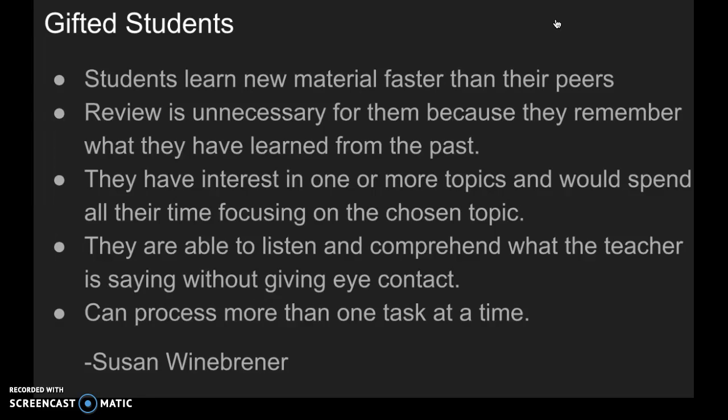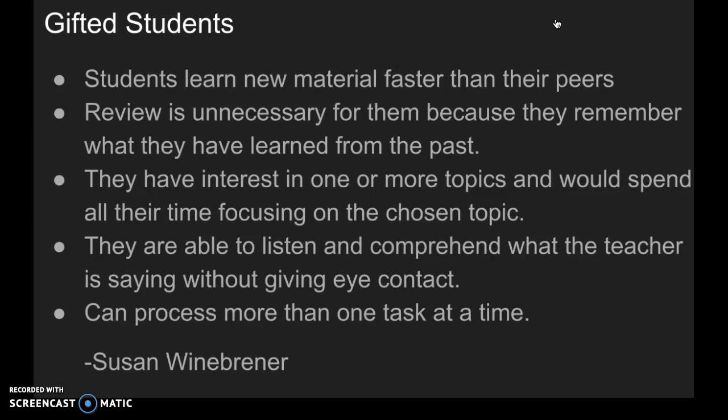They have interest in one or more topics and would spend all their time focusing on the chosen topic if they were allowed to. They are able to listen and comprehend what the teacher is saying without giving eye contact. This one right here may cause problems in the classroom if the teacher is unaware of her student and knowing that he is a gifted student,